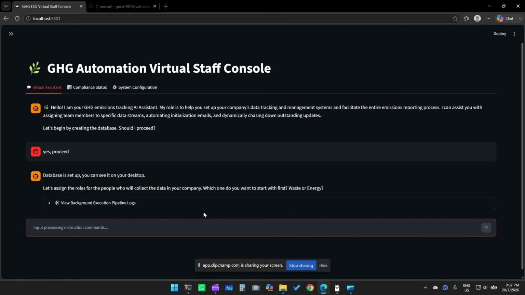So we'll go back, and then we will ask it to, because the AI suggested the next step: since we have the database, you need to have a person in charge that can send you the information so that this AI can start collecting the data. So we will assign a person for waste. I'll just assign myself to collect waste data. His email is,